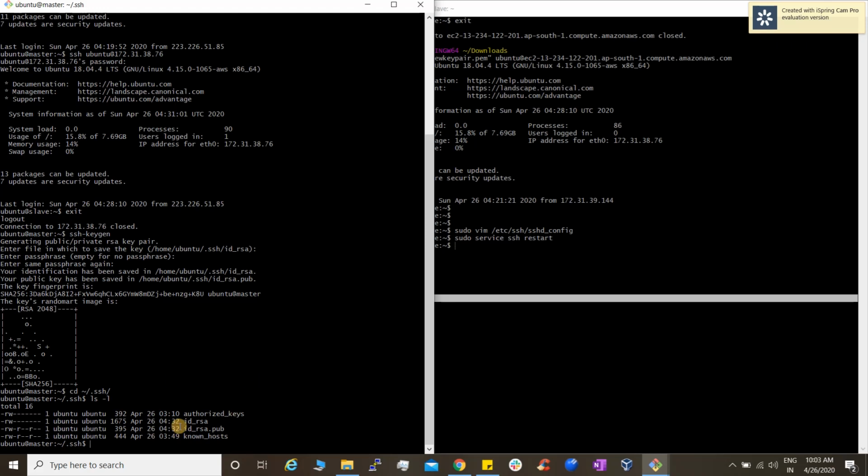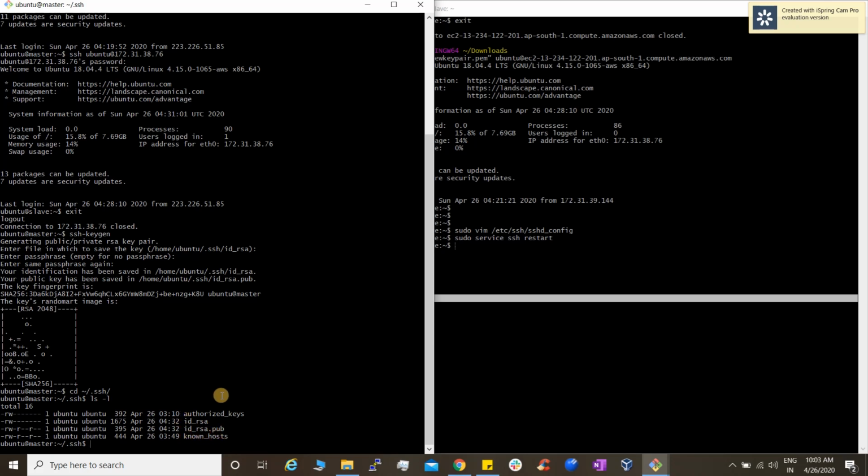Here you can see, guys, id_rsa and id_rsa.pub are the two keys this command ssh-keygen generated. id_rsa is the private RSA key, and id_rsa.pub is the public key.